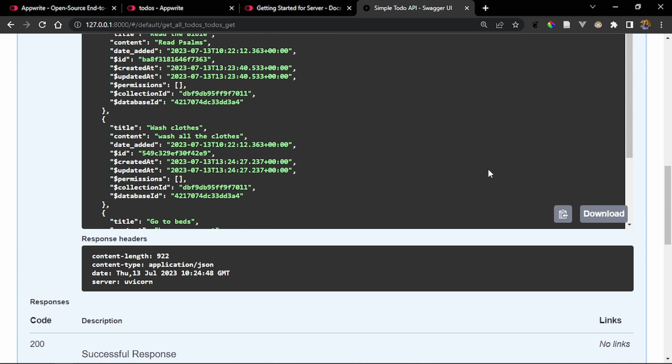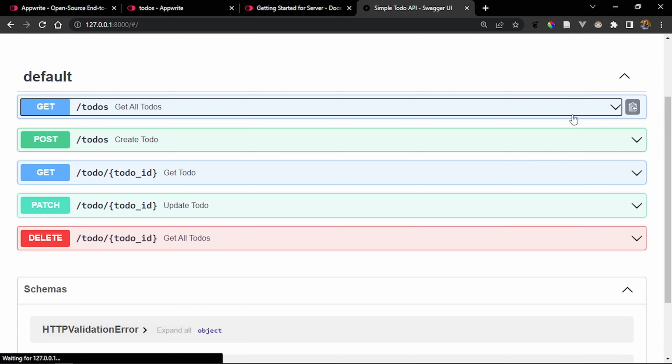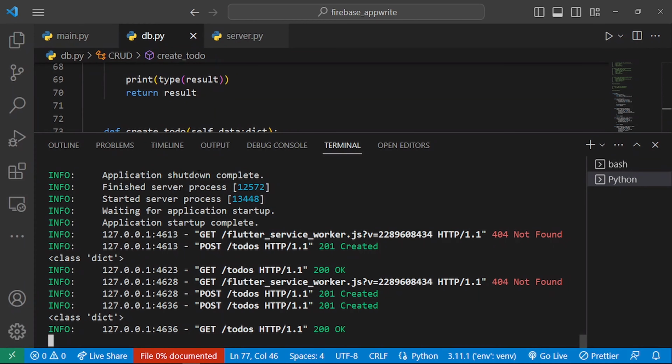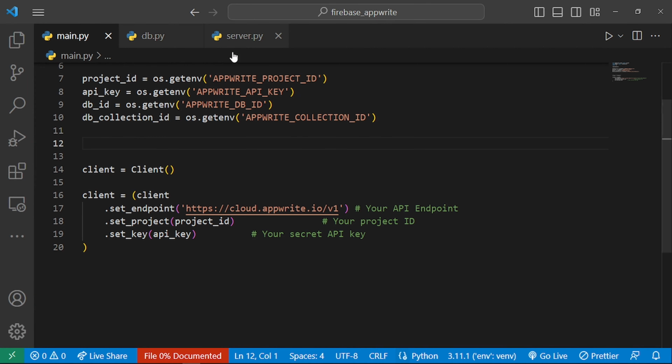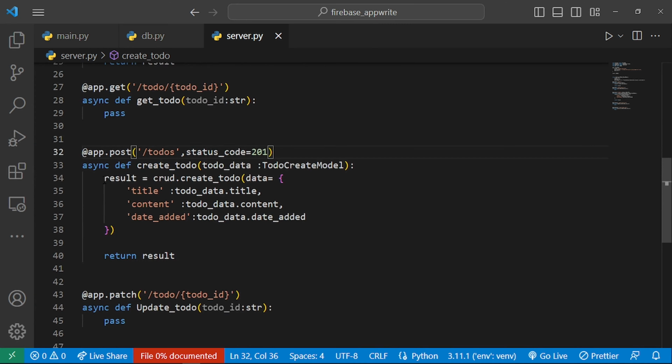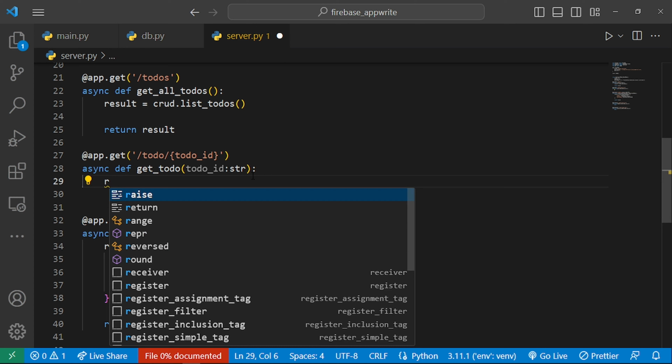So if we go ahead and try to retrieve a to-do by its ID, let's go ahead and implement that specific endpoint. If we go to our code, what we're going to do is to access that specific server endpoint, which is basically the one for getting a to-do by its ID. Now this is going to be as easy as saying result